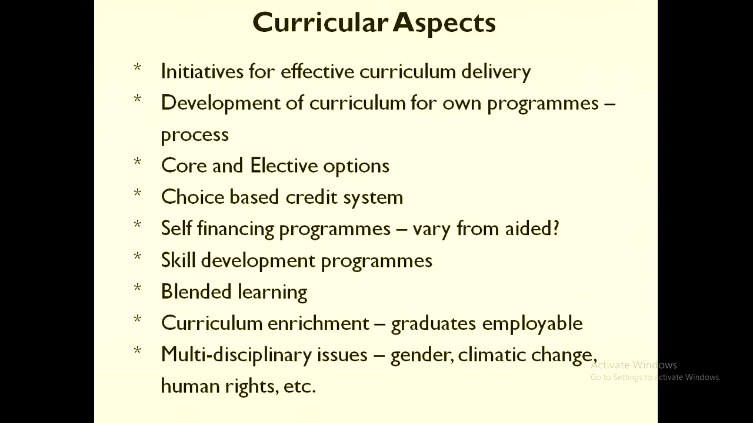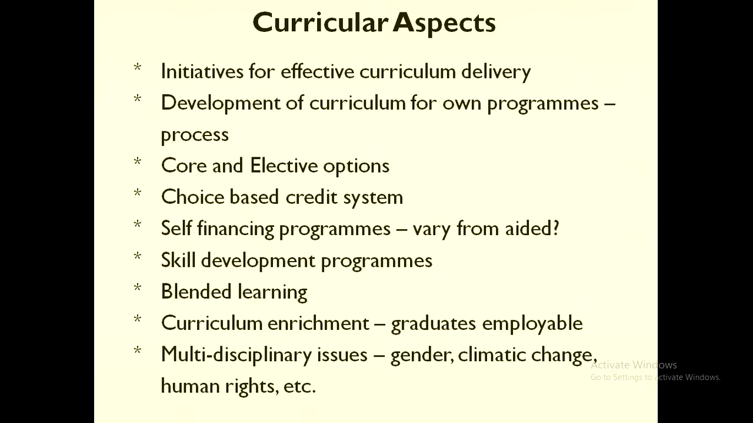Apart from this, are we running any skill development programs? These are some traditional things that we have to keep in this criteria of curricular aspects. Apart from this, if you want to get extra marks, in that case we can put some